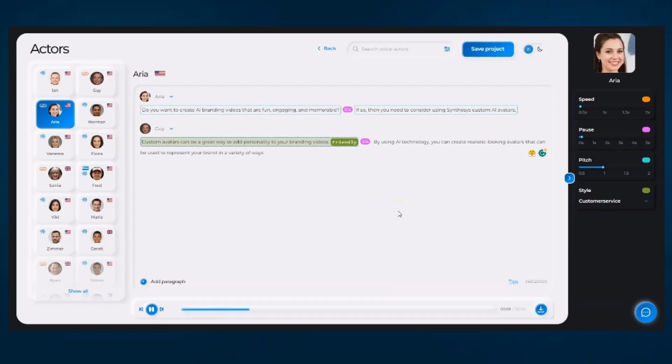Do you want to create AI branding videos that are fun, engaging, and memorable? If so, then you need to consider using Synthese's custom AI avatars. Custom avatars can be a great way to add personality to your branding videos. By using AI technology, you can create realistic-looking avatars that can be used to represent your brand in a variety